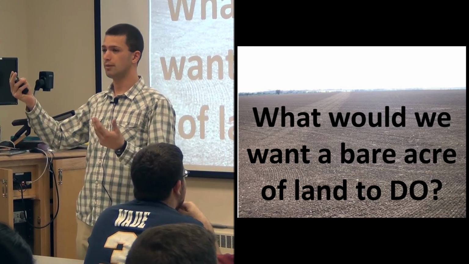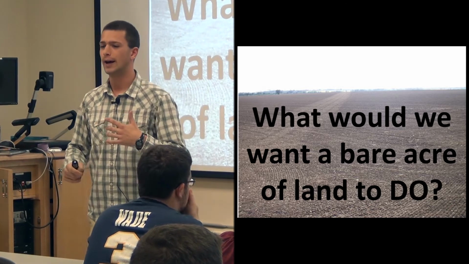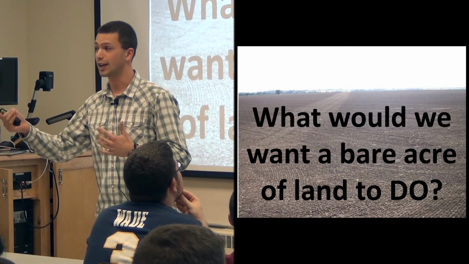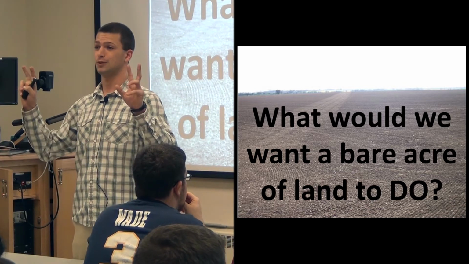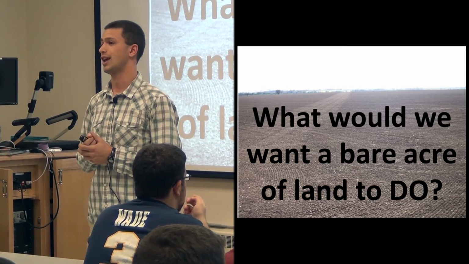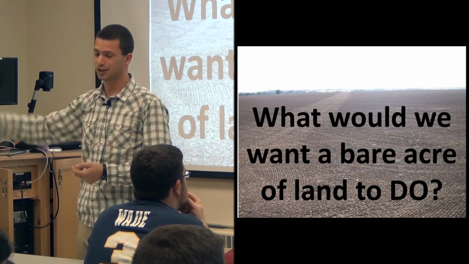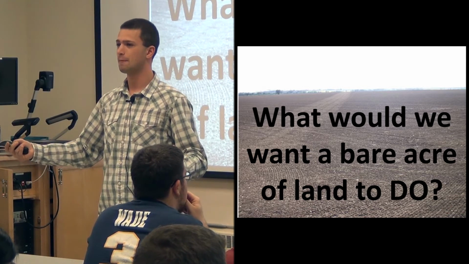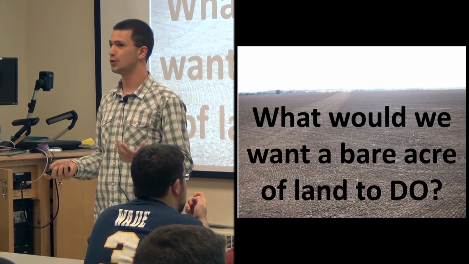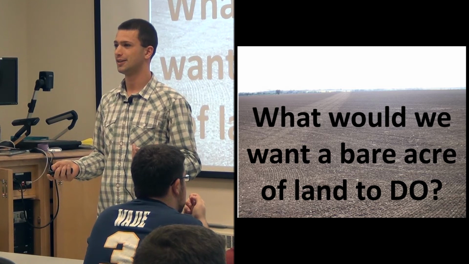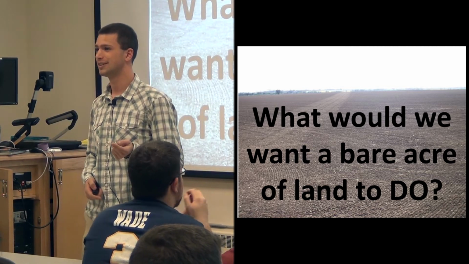Habitat. So biodiversity, habitat, kind of is recreation, but it can also provide things like ecosystem services, which I would say we also want it to do. So what are some examples of ecosystem services that we would want an acre of land to do? Fix carbon. Take carbon out of the air, put it in the ground. We need that for climate change right now, right? How about water? Our water is pretty dirty all over the world right now. What would you want to do to that water? Clean it, right? So what if we can make this acre of land do that too? What else?